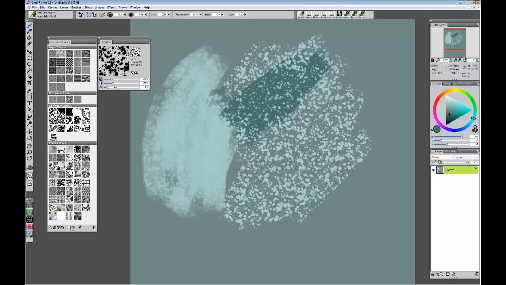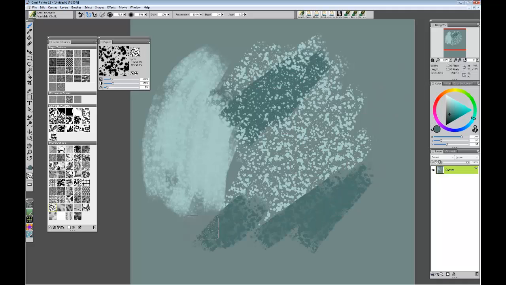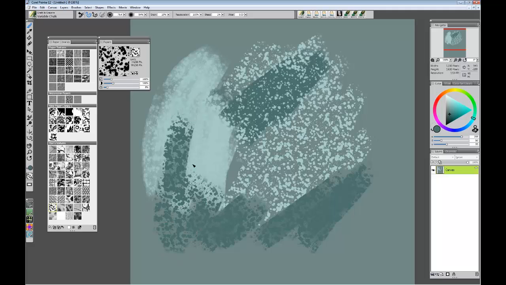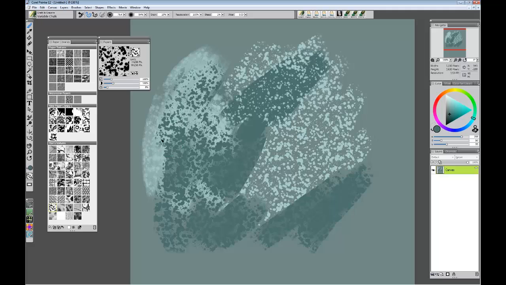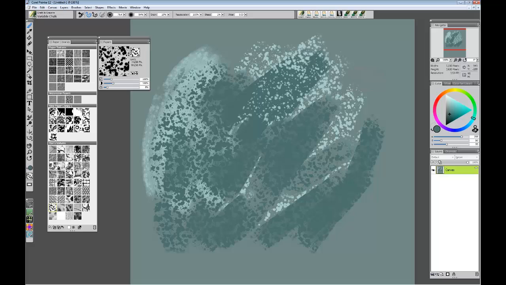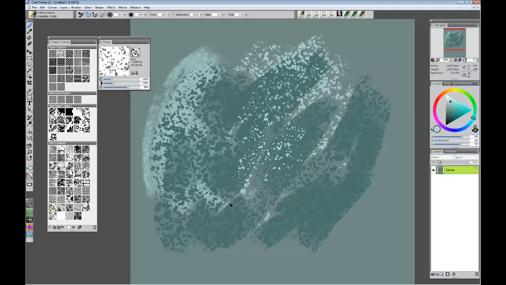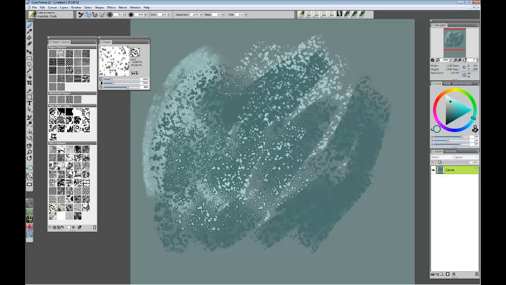So if I make it darker, paints the white tops, but then it fills in more. And I can paint lightly so it doesn't fill quite as much, but the more pressure I put on the brush, the greater it will fill in. Or if I go really bright, we'll change here to a lighter color, then it just glances again on the tops. You can get some very nice effects using just a paper texture, the variable chalk brush, and default papers